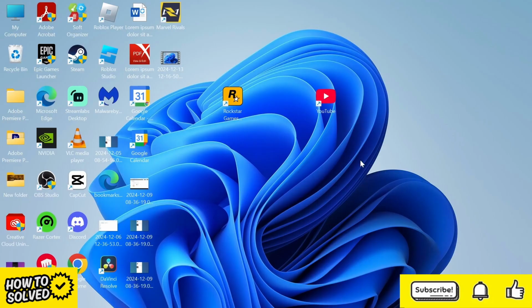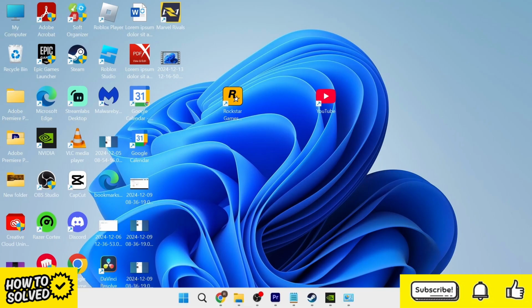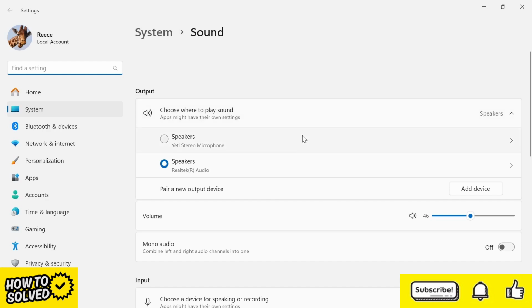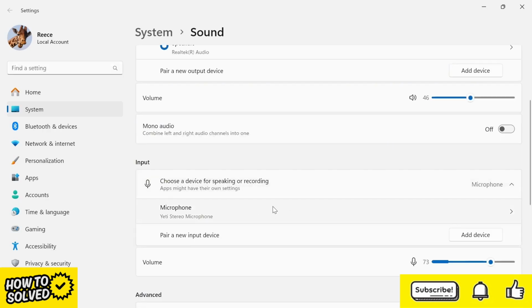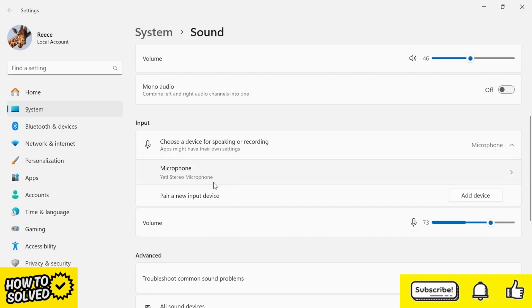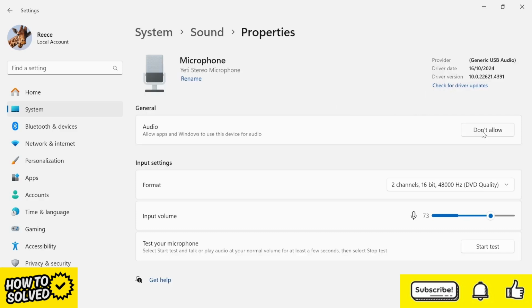If that's still not working, another solution is to come down to your taskbar, right-click on your volume icon and select Sound Settings. From here, we can scroll down to the Input section, and then from here, you need to select any of the microphones that you're not currently using. So let's say, for example, this is the one that I want to disable. All you need to do is click on this Don't Allow button to stop it from being used. And that's another way you can solve this